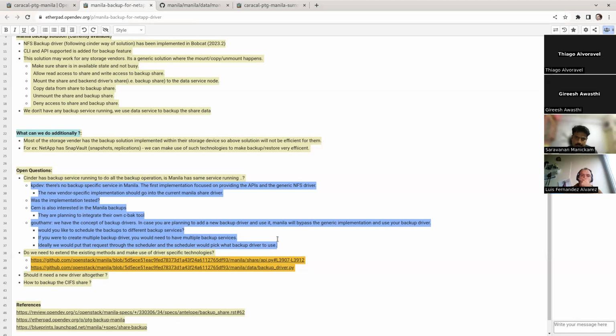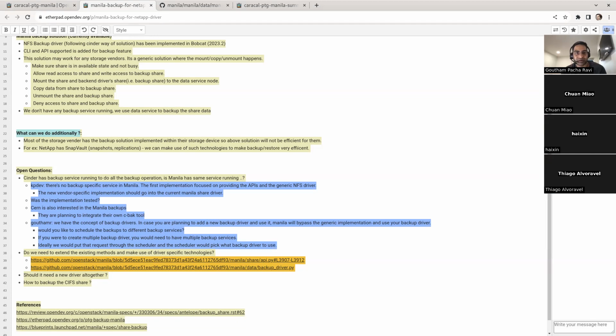The assumption in the share manager is that these are not long running operations, but that may not be true with the backup driver implementations. It's possible that they are long-running operations that are running on the same node as the data service. So you could try to put the data service on a dedicated node that has better resources to handle that kind of load, of concurrent backups and things like that. Whereas in the share manager, we just expect to hand it off to a backend storage system, and we expect that to happen somewhere else